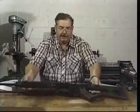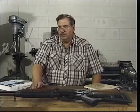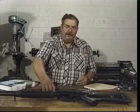A little bit of history on the FAL. At the end of World War II, most countries outside the United States were armed with bolt-action rifles, so there was a tremendous need to rearm and re-equip most armies of the world. There was a lot of research that came out of both World War II Germany and Britain and the United States. When the FN factory was overrun by the Germans, most of the engineering staff went to Britain and worked on a rifle which evolved into the FN 49, which was sold in South America and various other parts of the world. The FN FAL